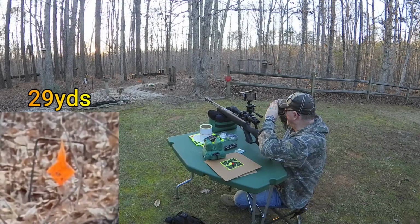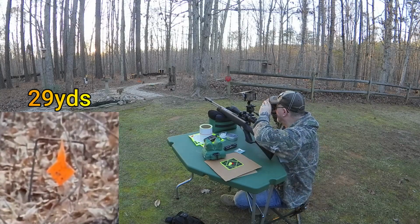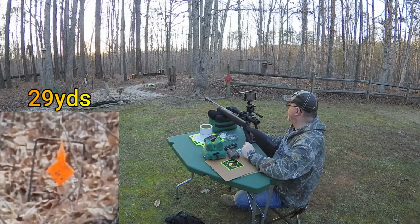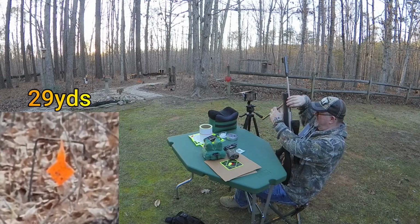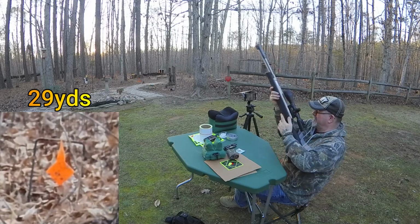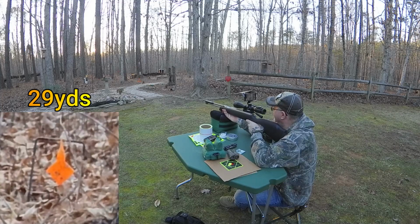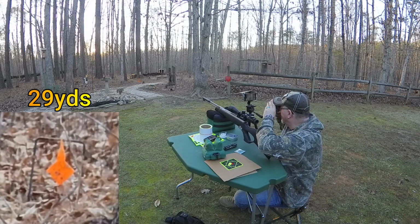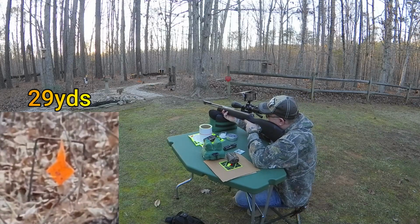Glare is terrible. I'm getting such bad glare off of that. It's saying about 29 yards, almost 30 yards to that diamond. So let's give it a whirl. Let's see if we can hit the diamond. Actually, that diamond should be further than that. I think the sun is messing up my... Yeah, it's getting me 29 yards. 29 yards. So...